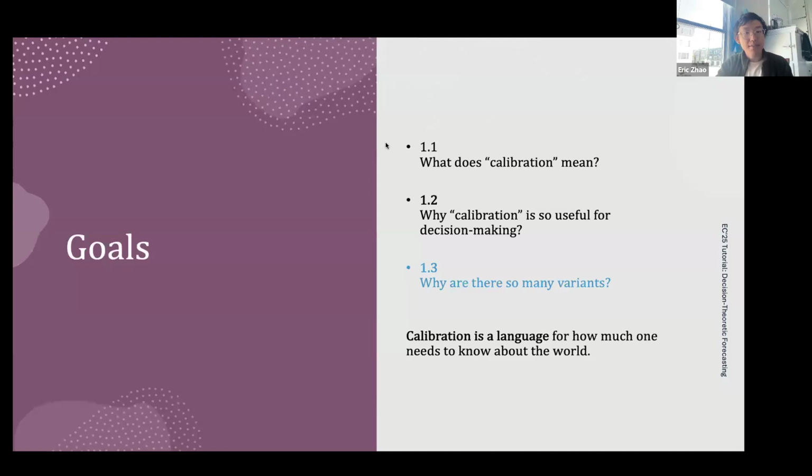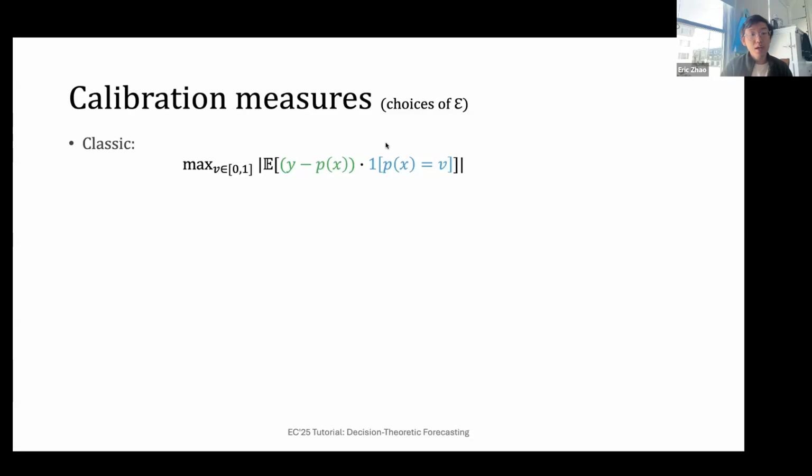Great. So the last section I'll cover in this part is getting a sense for all of these different notions of calibration that arise, and how we can try to think about them in a pretty unified way. I'll start off by briefly talking mathematically through some common measures of calibration.